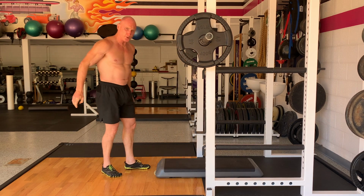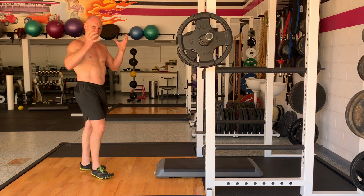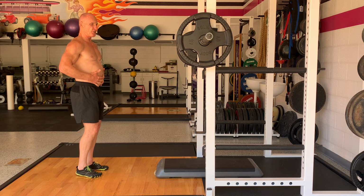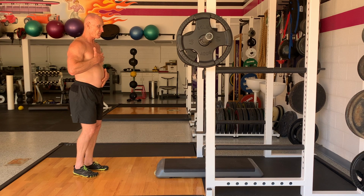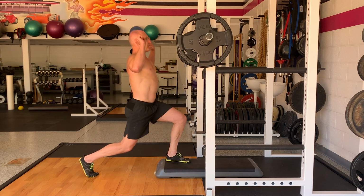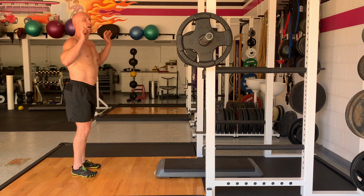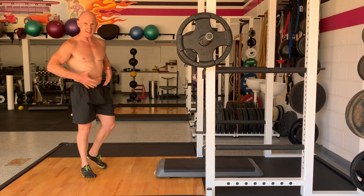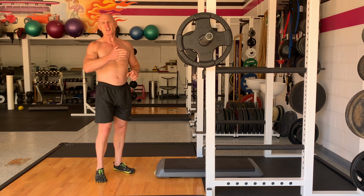Now I should review a little on the core. If you're using a weight that's heavy enough that you naturally want to stop breathing to stabilize, inhale through your belly with the weight on your back. Activate your core, so you've got your breath in, full belly, full breath. Pull your core in, step in, drop down, and as you come out, keep your lips tight. The blowing through the pursed lips keeps core tension. You don't want to let your air out prior to coming through the sticking point of the toughest part of the lift,